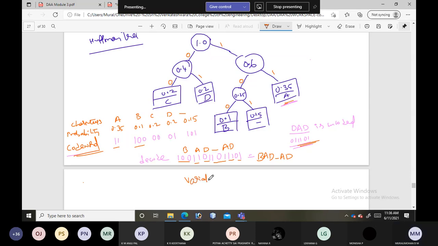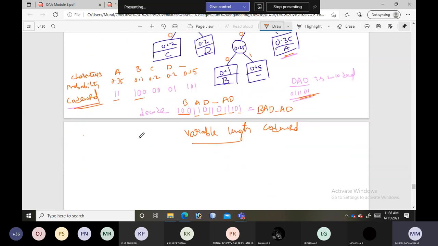It is not taking any fixed length code word here. For some characters it is only taking 2 digits, for some it is taking 3.